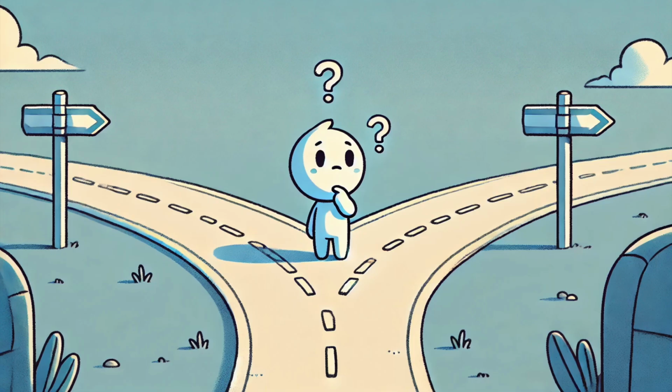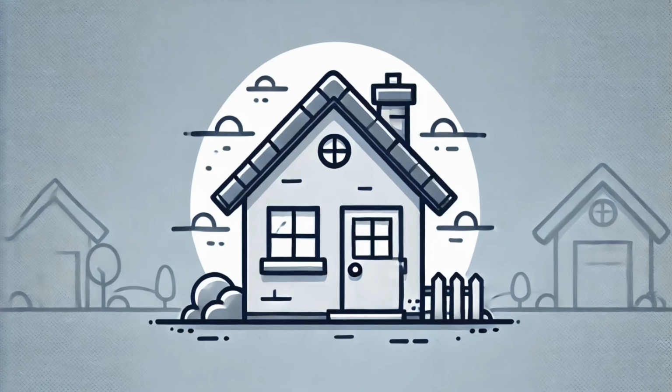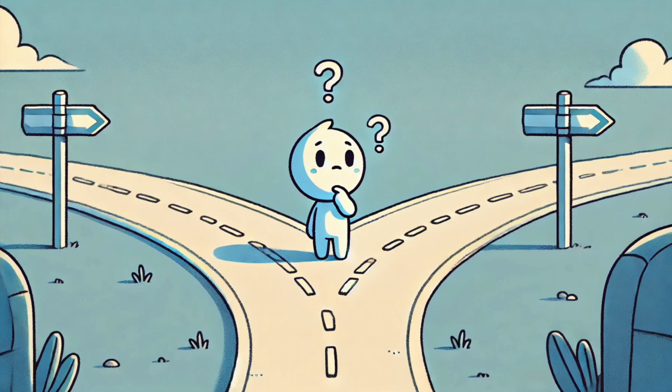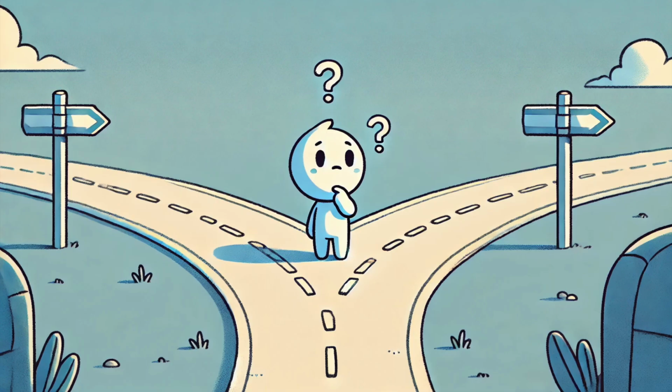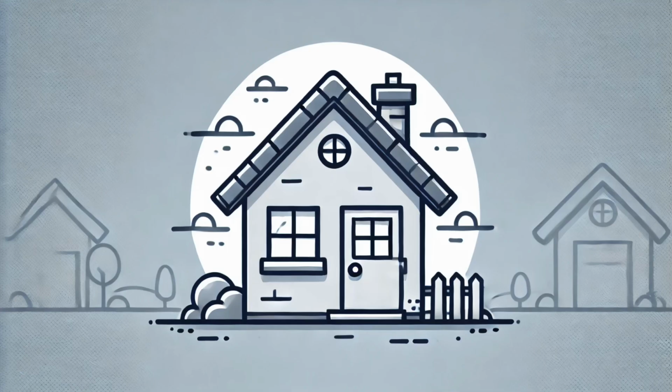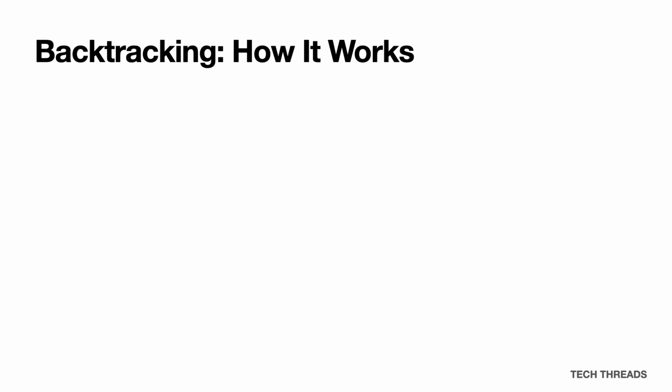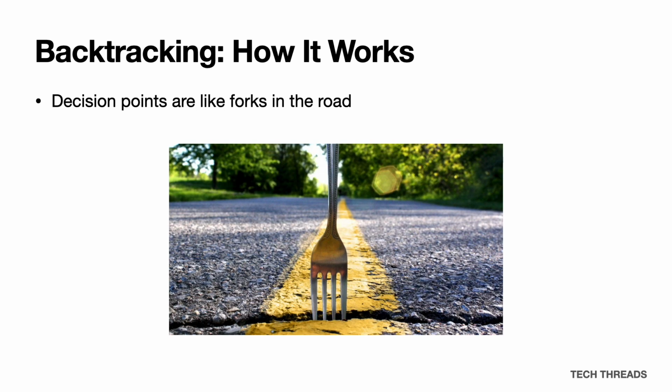Imagine you're stranded at a fork in the road and you need to get home, but you're not sure which path is going to lead you there. So you just pick one and walk down it until you reach yet another fork in the road. And so you go down one of those. But the one you choose is a dead end. So you retrace your steps to backtrack back to the previous fork and take the other path. You keep going down paths, finding dead ends, retracing your steps, and taking new paths until you find a path that leads you home. Backtracking algorithms work much like this, and it's these forks in the road which are the